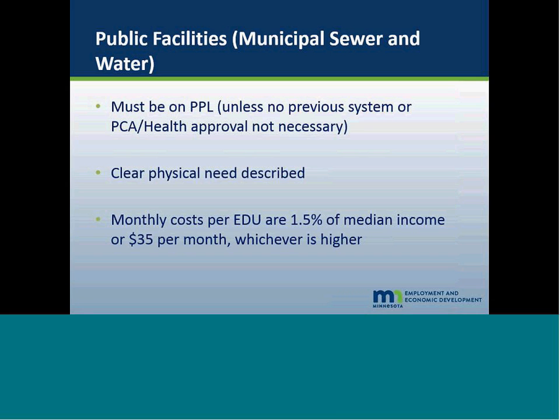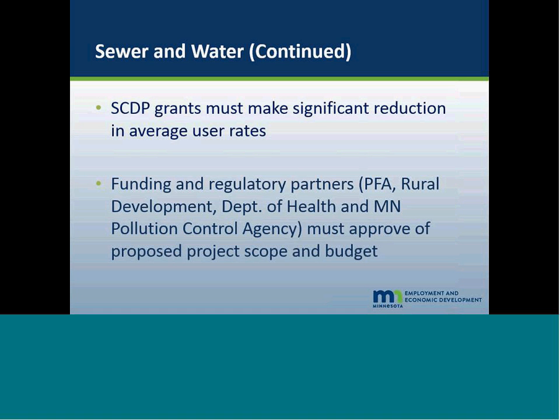one immediate income of $35 per month. At 1.5% is per system for sewer, water, or sewer. So the thresholds that need to be met for sewer and water. Small cities must make a significant reduction in average user rates. Example, when costs are projected into the future, rates will need to be changed